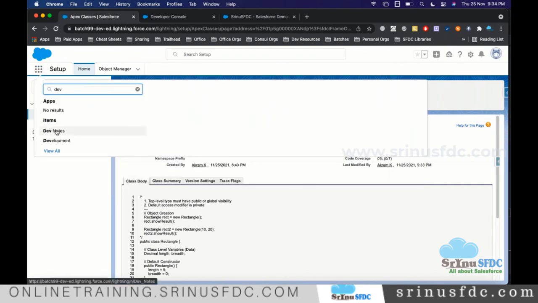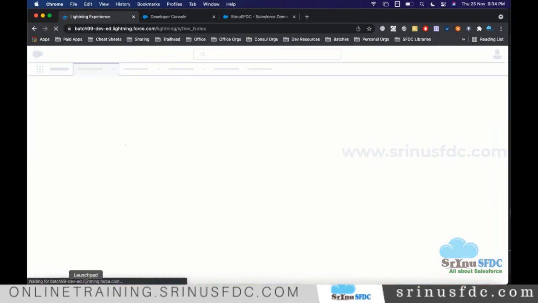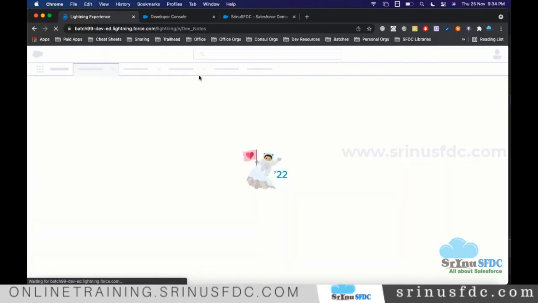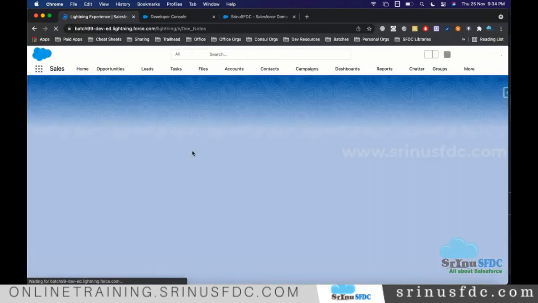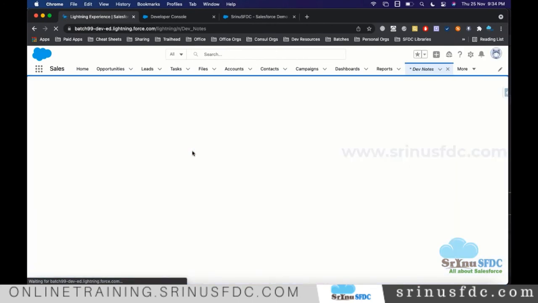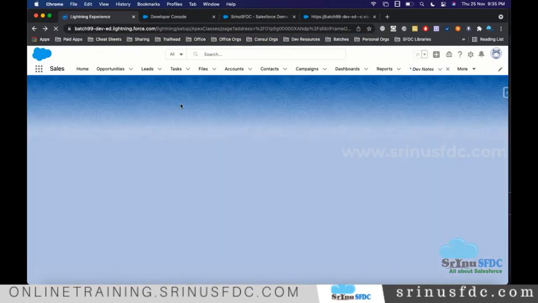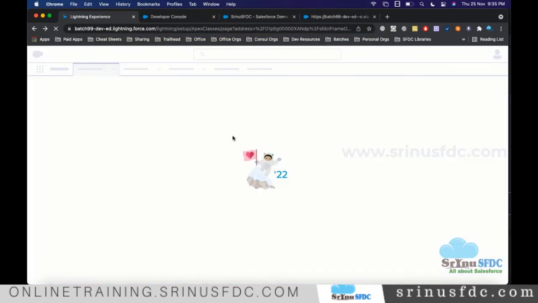In the dev notes, whatever I am typing right here, I'm updating. I'll also show you how we connect going forward. Whatever I am typing here, everything you can see in these notes. But to see the code we created, once you log into this account and enter your email address, don't look into notes.